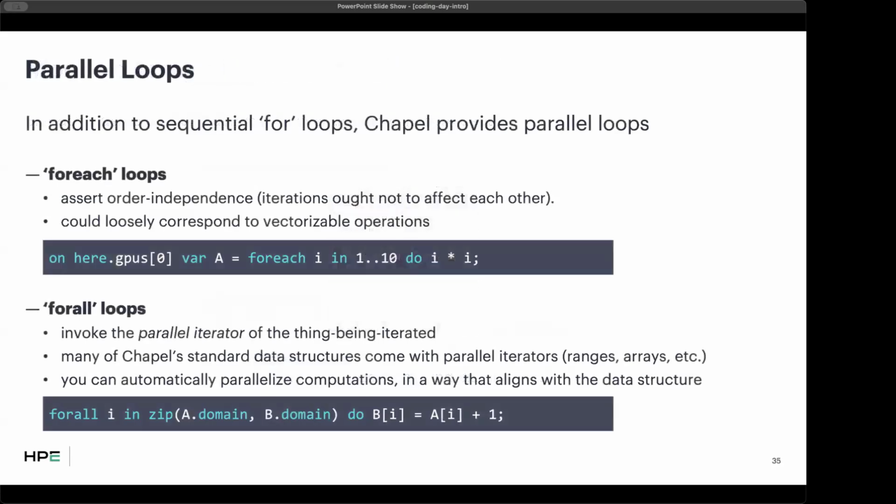Next, I want to talk about parallel loops. These extend traditional sequential for loops with parallelism. And there are 2 main flavors at a high level. Foreach loops basically only assert order independence. They basically say, hey, iterations ought not to affect each other, so you should be able to do them at the same time. This closely corresponds to vectorizable operations, or if you have GPUs, it corresponds to operations that can be